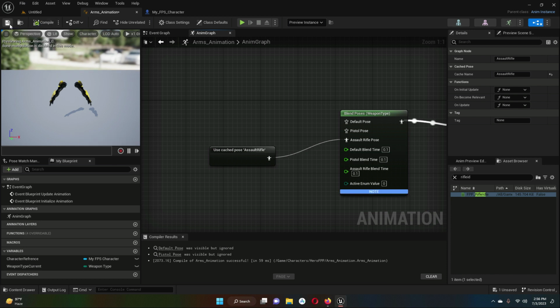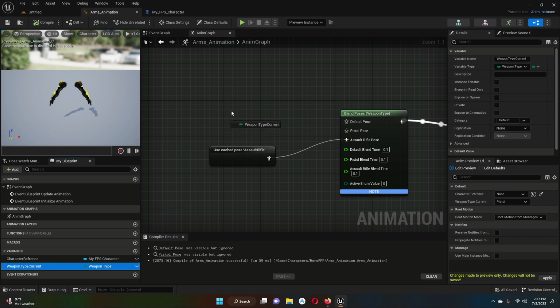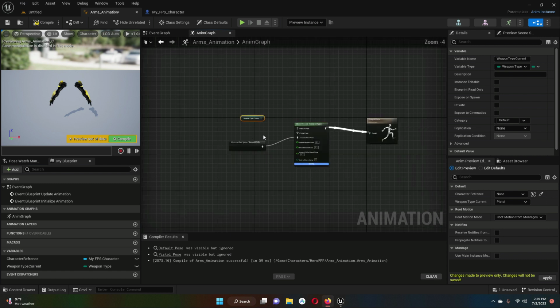Compile and save. Now in the animation preview editor we can change the weapon type to assault rifle. Now here we have to tell the current weapon type, so drag this weapon type current here. Okay, get weapon type current, and then so what we can do is